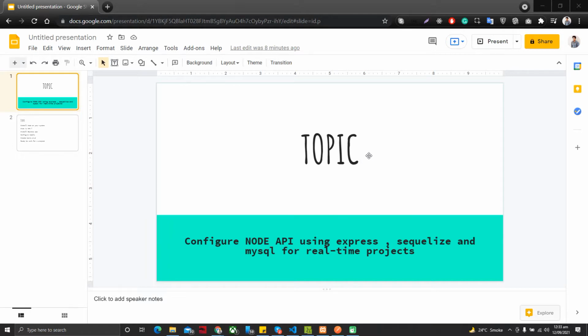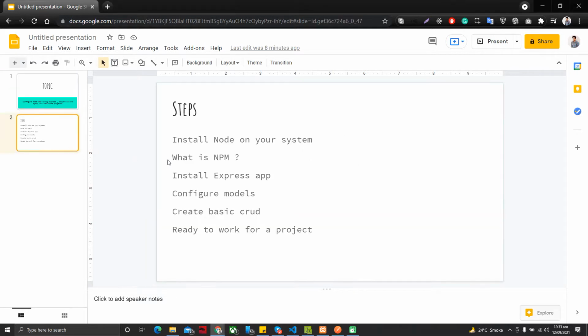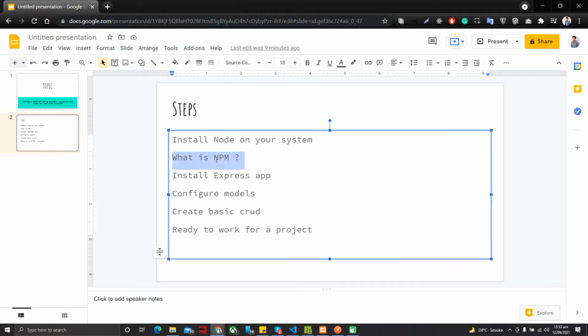So, before going into the topic, we will see what kind of steps we need in order to complete this particular topic. First of all, we have to install Node on our system. Node is just a simple, runtime software that is used to run JavaScript on the server side. It will take no more than 5 minutes, and after that we will see what is npm, and then we will see what is Express and how we can install it on our system, its basics,